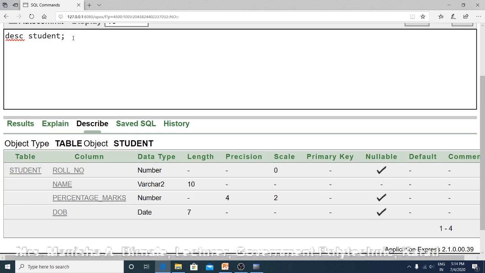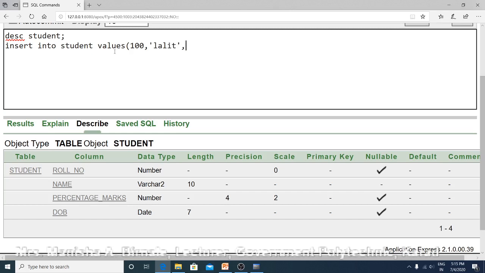Now we want to insert a record into this table using the DML command insert. So the first form of insert: insert into, table name is student, and then the keyword values is used, and in round brackets we have to specify values for all these four columns in a specific sequence. First you have to enter roll number, then suppose name, suppose Lalit.